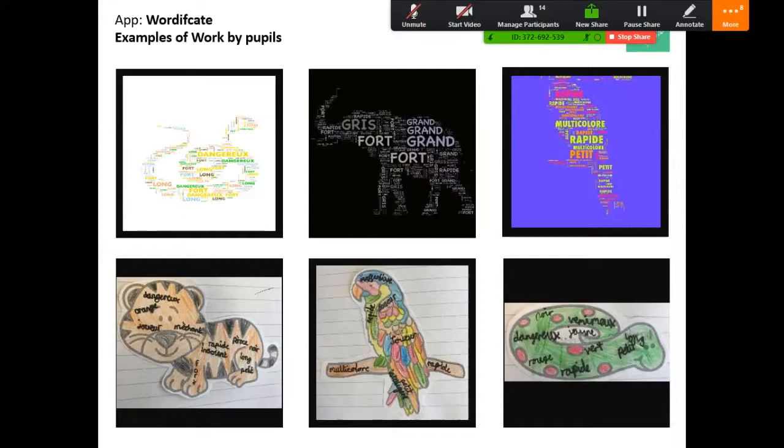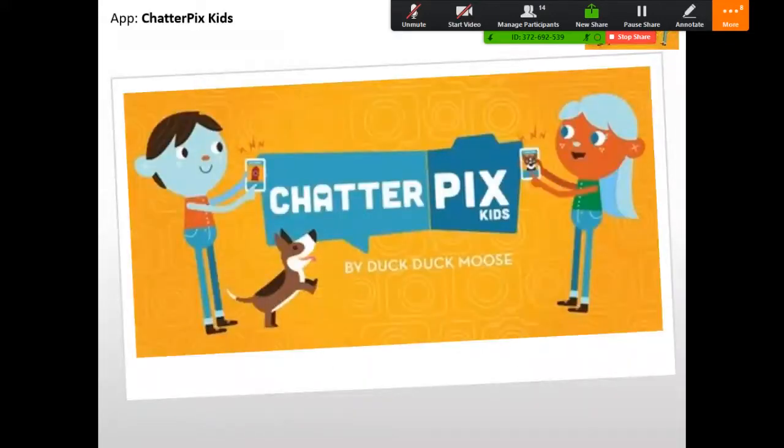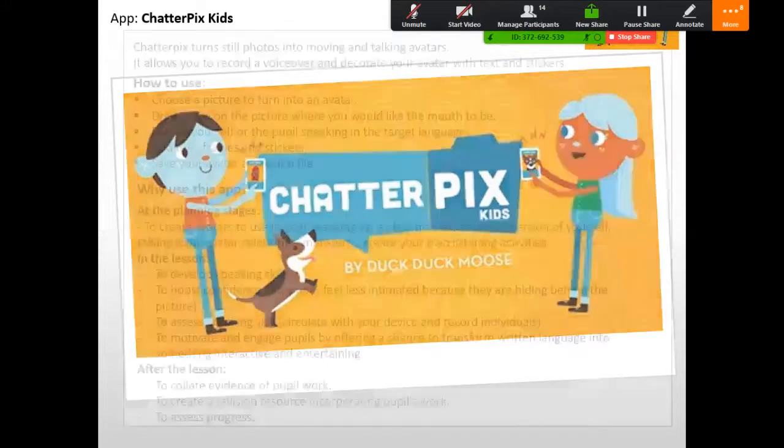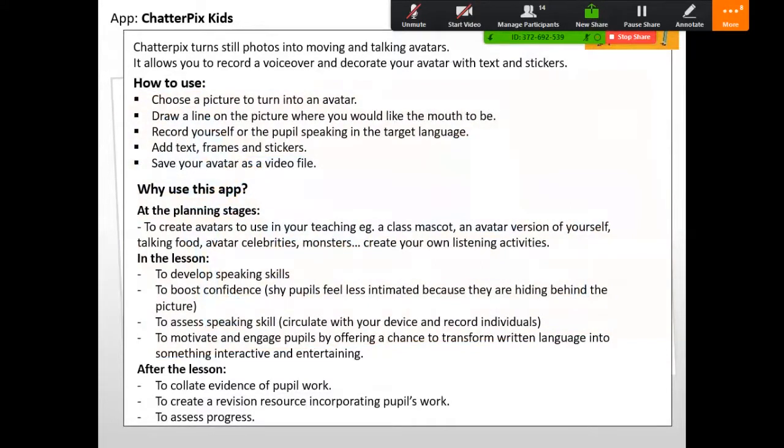So I used in the subsequent lesson the next app, which is on the next slide. This is called Chatterpix. It's actually Chatterpix for kids. That's the pupil-friendly version and the educational version. I've only discovered this recently. Previously, I was using another version called Yakit, and there was something called Funny Movie Maker, I think. So they're also available. If you click forward, please, to the next slide, I will just give you some ideas of how you might use it and how it works.